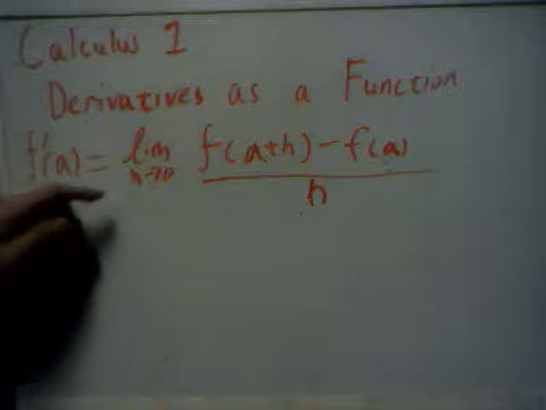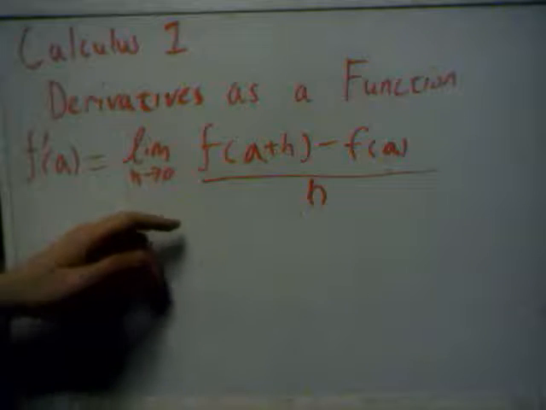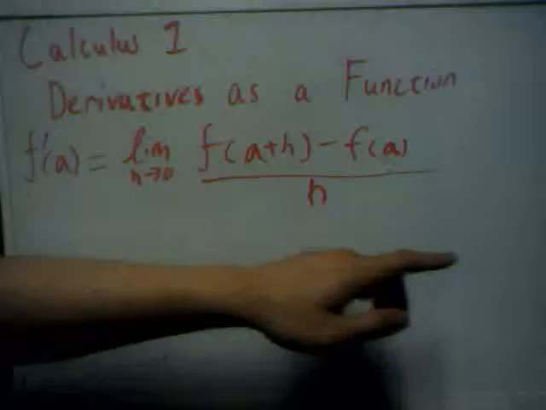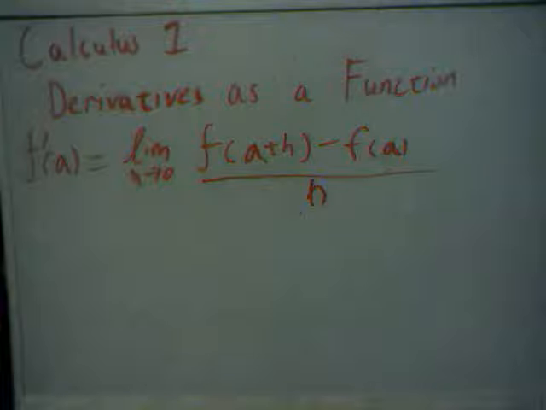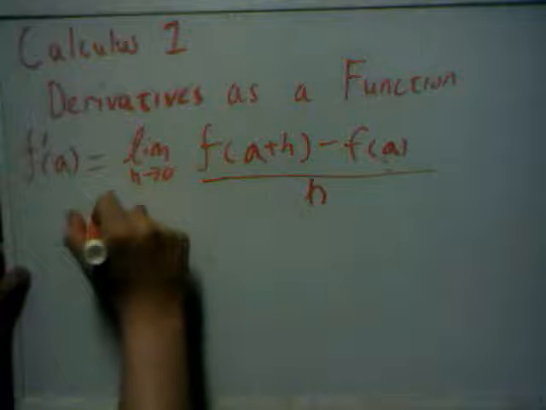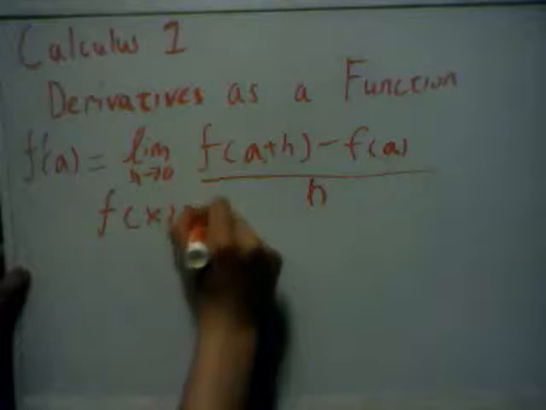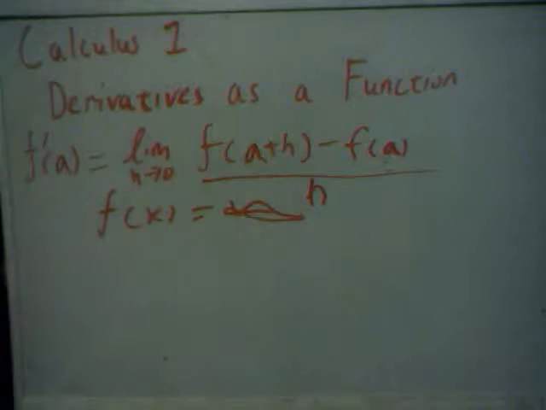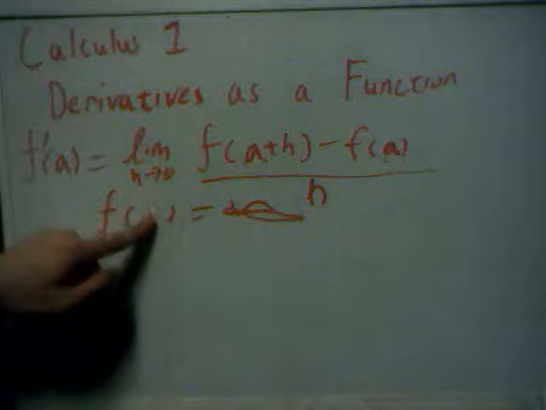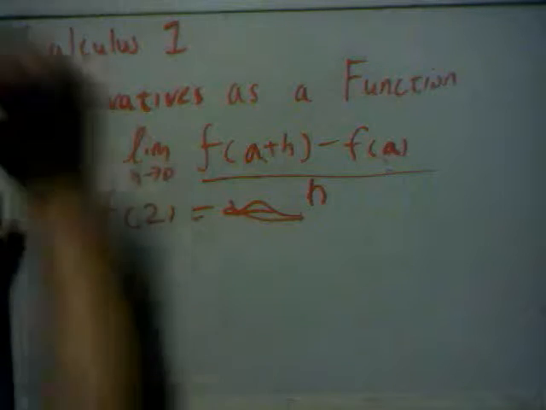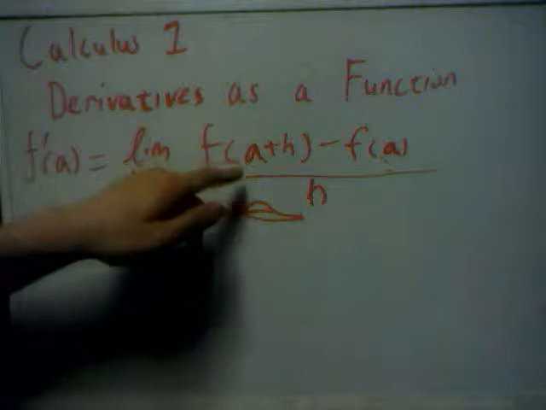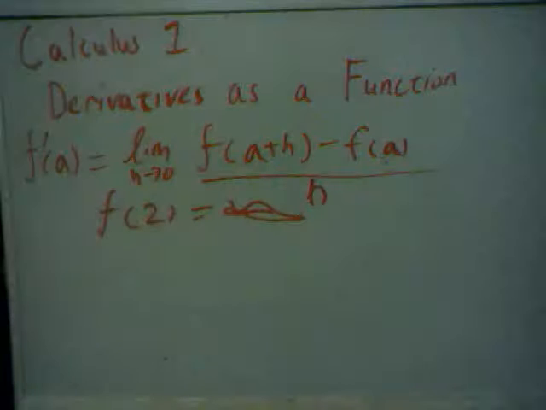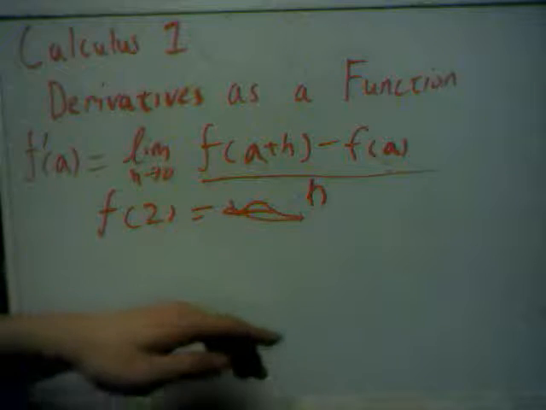f prime of a is equal to the limit as h approaches 0 of f of a plus h minus f of a all over h. Now what this equation does is it will tell you the rate of change of a function at certain points. For example, if I had a function f of x, something of whatever right here, then I wanted to find the rate of change at say point 2, or f of 2. All you have to do is simply sub in a 2 for the a here, and then sub in a 2 every time you see an a on this side. And then that will spit out a number, and that will be the rate of change of this function at